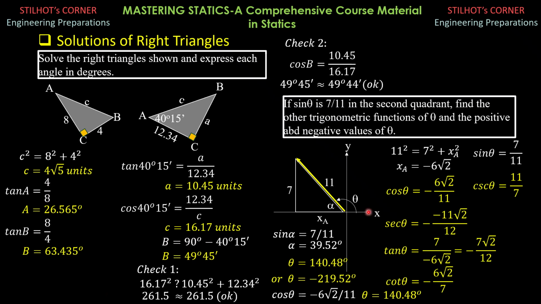So that's the limitation of your calculator. You should know the limitation of your calculator. The calculator is not that absolutely intelligent. So you have to supplement your calculator with your know-how that it will not give you an obtuse angle when you use the sine function. So I hope that you know that already up to this moment. So that's it for this video.